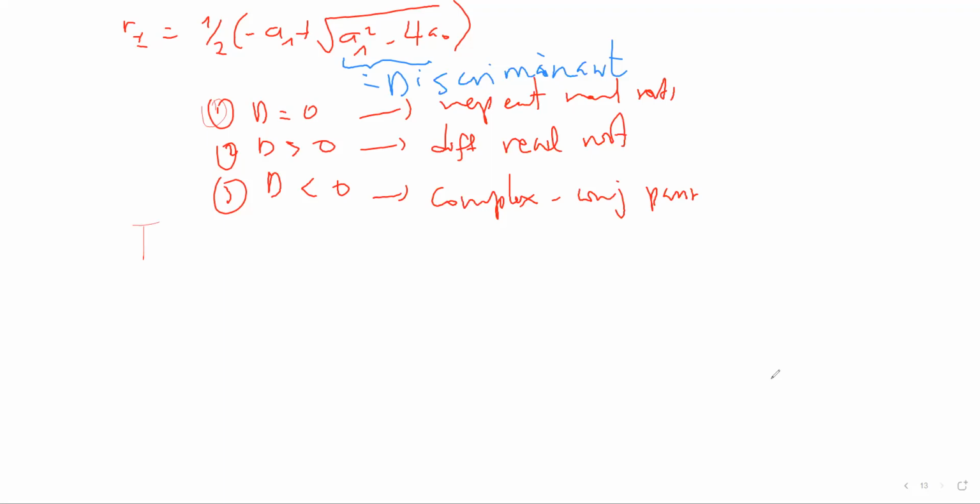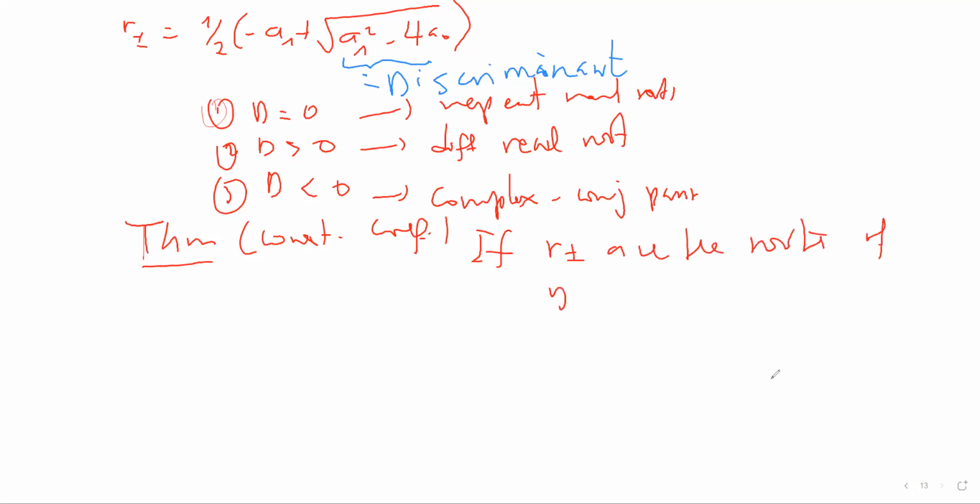Okay, so we have a theorem for the constant coefficient case. The theorem states that if r plus and r minus are the roots of the characteristic polynomial of the second order linear homogeneous equation y'' + a1 y' + a0 y = 0, and if c plus and c minus are arbitrary constants, then